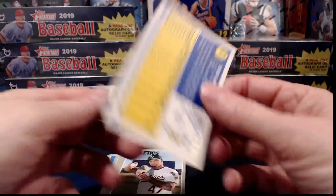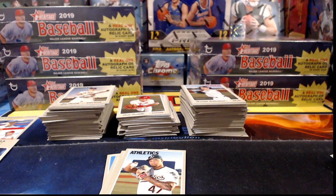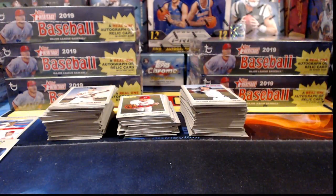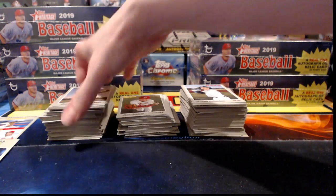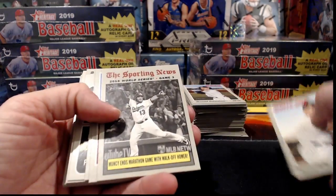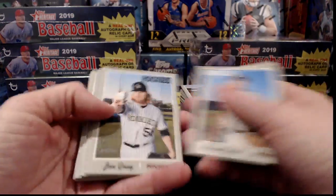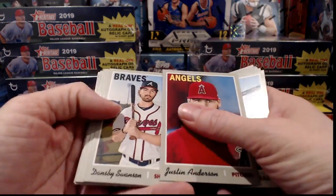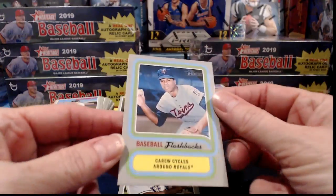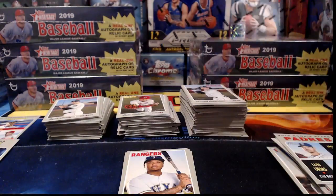The Indians and Trevor Bauer, that's on a chrome parallel, numbered to 999. And guys, those chrome parallels, in the essence of keeping things moving along, I think I will just put those in sleeves after the break rather than stopping to do each as we find them, because there's going to be a decent number of them in here, and it would take us a while and slow us down a little bit. I am sorting our inserts into a separate pile, though, just in case we want to go back and look at any of those at some point, because we might. And this is a baseball flashback for Rod Carew. Little insert there